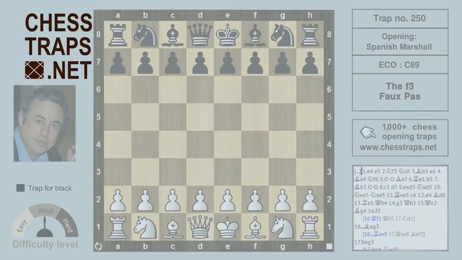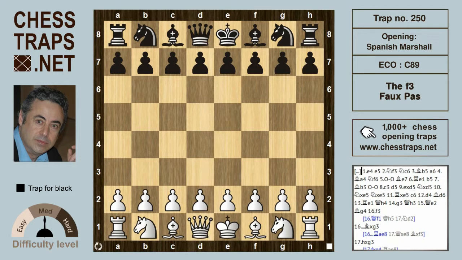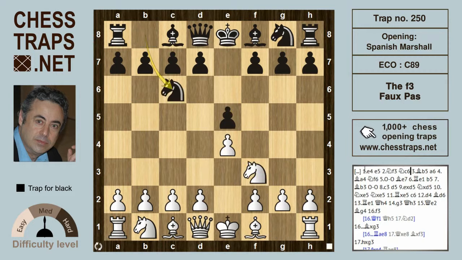Hi there, this is the f3 faux pas in the Spanish Marshall Gambit, and it's a trap for Black. We're going to quickly run through the moves until we reach the starting position of the Marshall. So e4, e5, knight f3, knight c6, bishop b5 is the Spanish, a6, hitting the bishop, which retreats to a4,